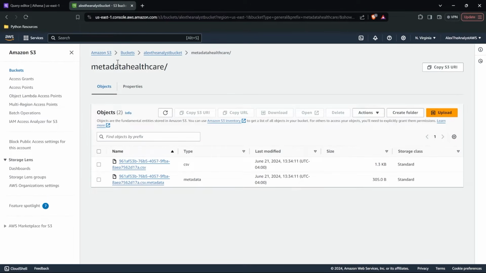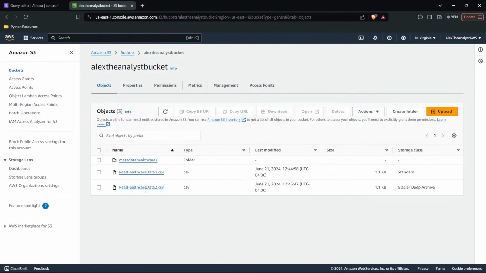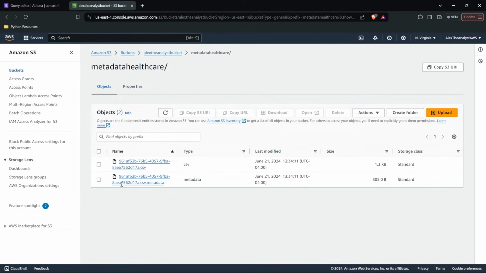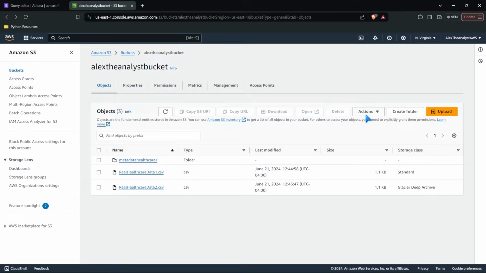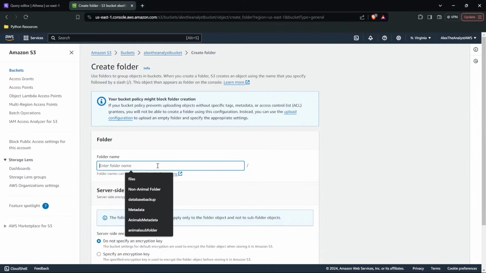So when we come in here and we look at this bucket, if we just specify that we're pulling all the data out of this bucket, then we're pulling not just this data, we're pulling a folder within a subfolder. And so now we're pulling this data as well. So if we want to keep it all in one bucket, which we can, we need to create a new folder called our